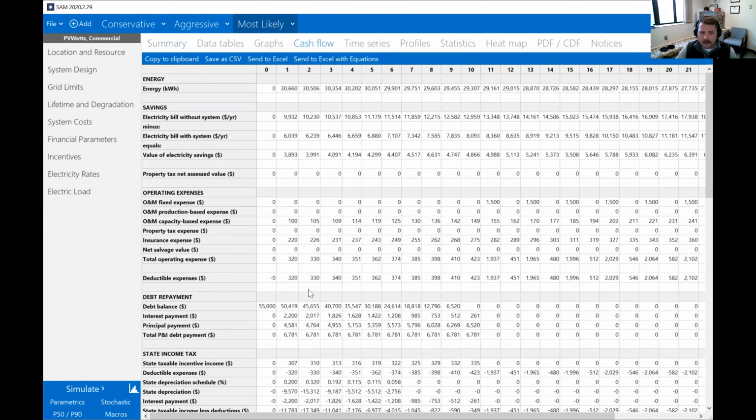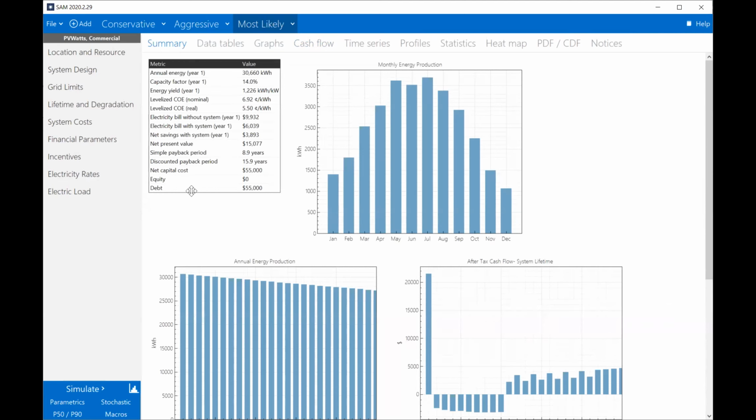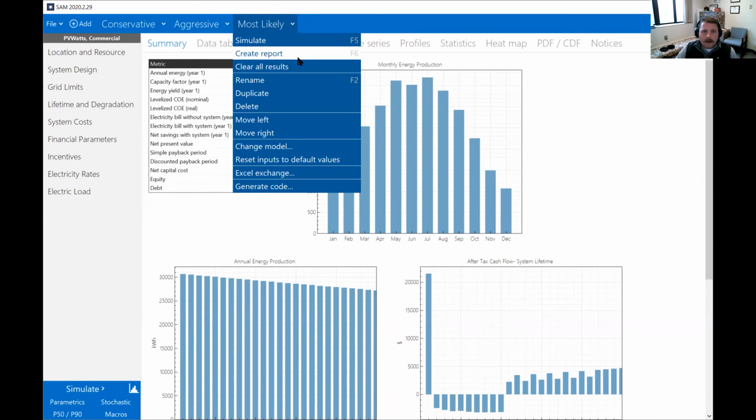So we went to the cash flow. We can look at it again, but we already looked at that once. So this is kind of the way I like to run these scenarios, and you can copy scenarios and make different versions and change different things. And so what I might do